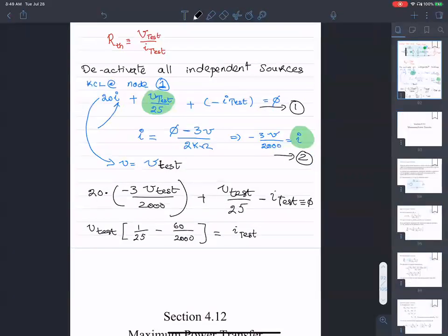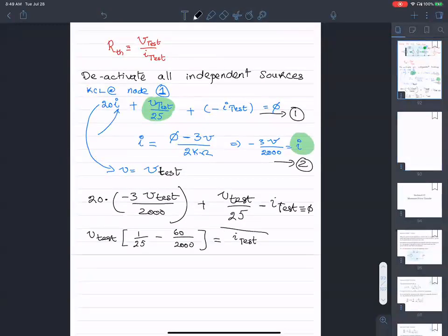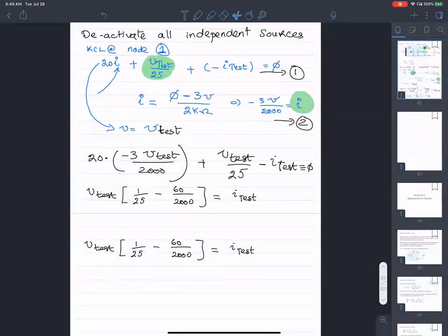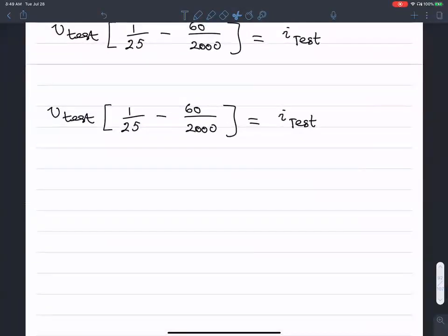Okay, so the idea being here, there's no easy way for me, and there's absolutely no way for me, forget about easy or difficult, to find the value of V test or I test. But fortunately, I don't care about the particular value of V test or the value of I test. All I care about is this guy, V test over I test,